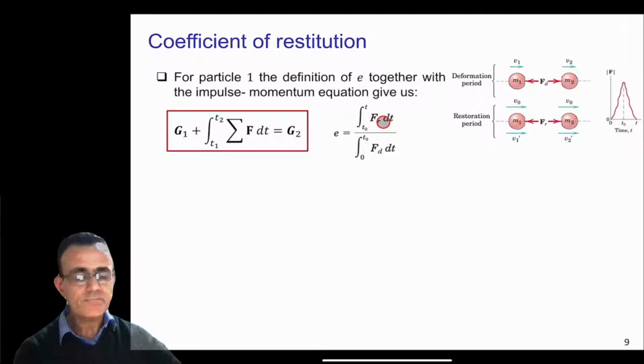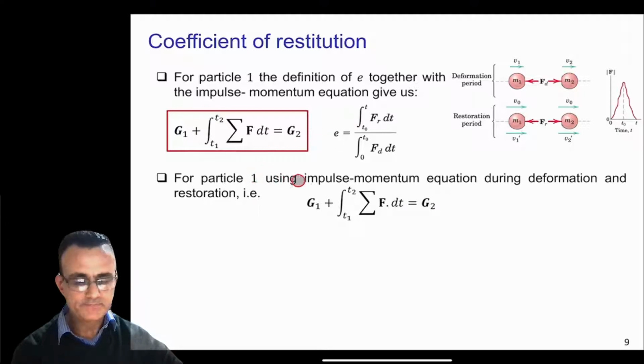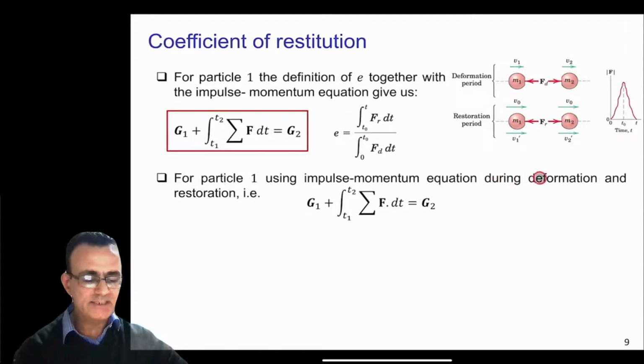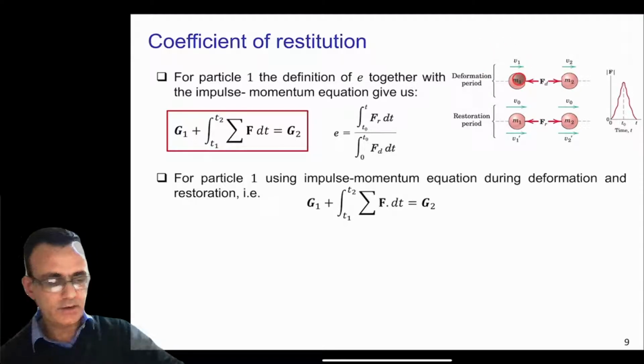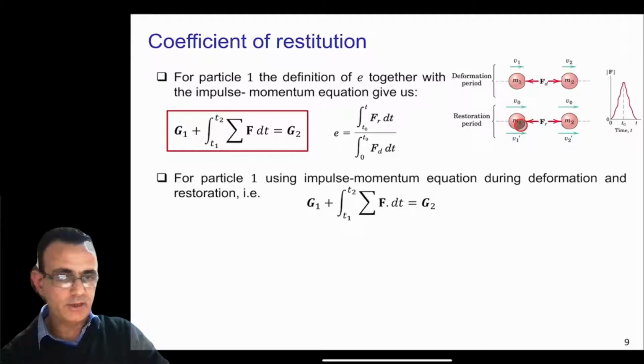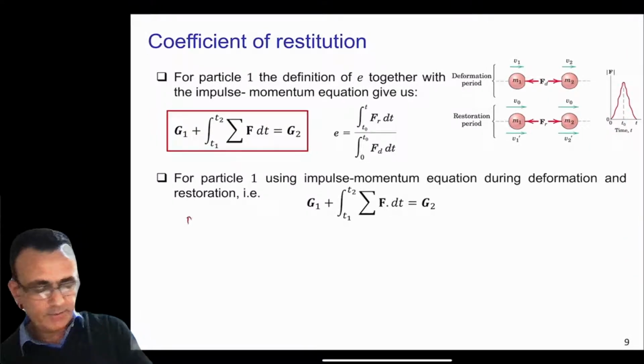So if you consider particle 1 here, if we use the impulse momentum equation during the deformation and restoration, what we are doing here is that you consider particle 1, which is of mass m1. Now before impact, the velocity of this particle was v1. During the maximum deformation, the velocity of this particle was v0, and after impact, the velocity was v1 dash. So now if you apply the impulse momentum equation to particle 1, we can apply this equation during the deformation period and during the restoration period. So if we apply this during the deformation period,